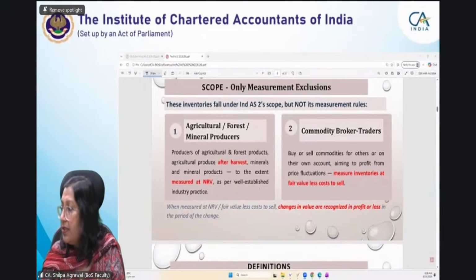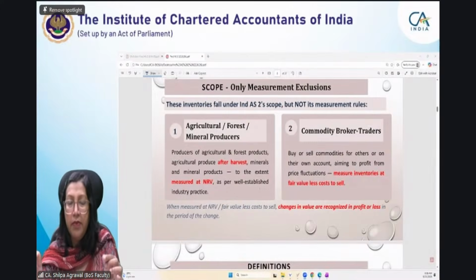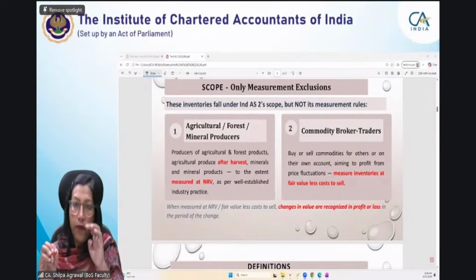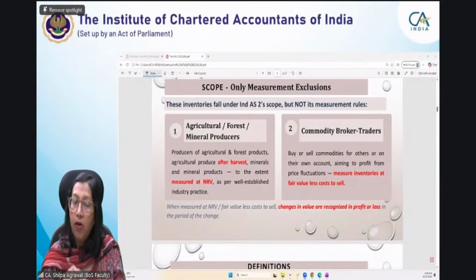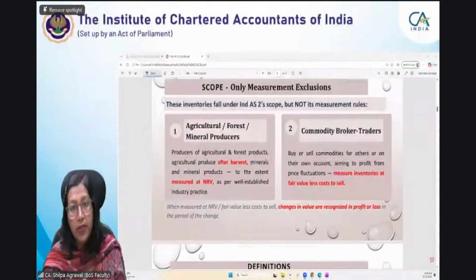Okay, Aleti is asking, we have heard that there is a change in the pattern of MCQ questions. How does this affect? I will talk about this, Aleti. Yes, for MCQs, the number of MCQs will be increasing, though the total number of marks for objective type assessment will be 30, but the number of MCQs is going to increase for the November 2026 examination.